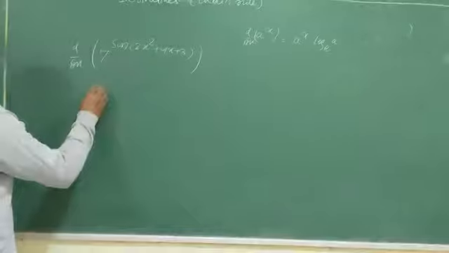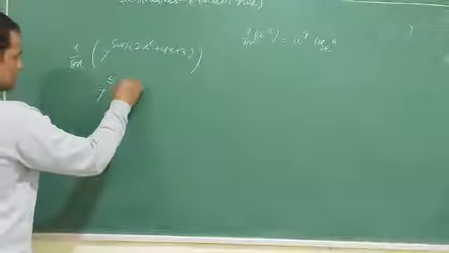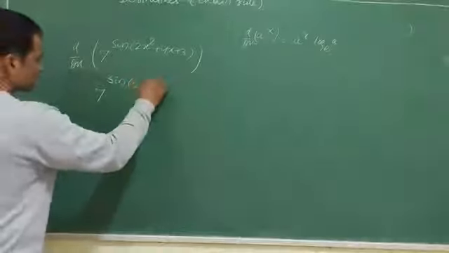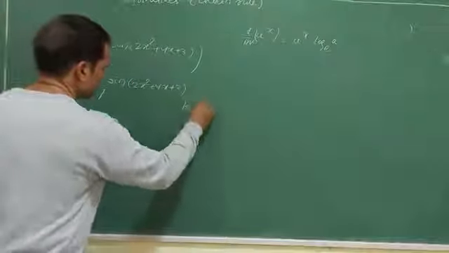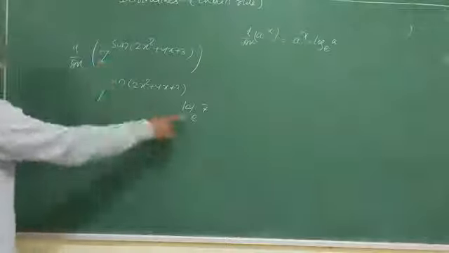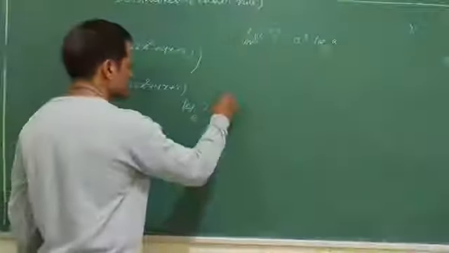So I treat this one as 7 to the power sin 2x square plus 4x plus 3 into log e 7, thus a is 7, but it is not x, into dy by dx